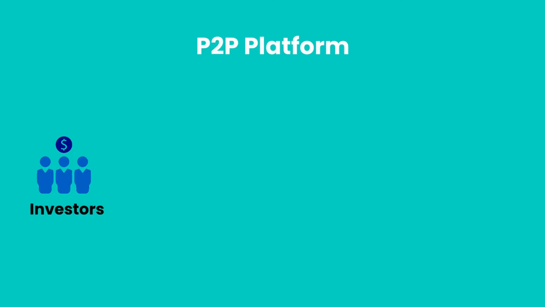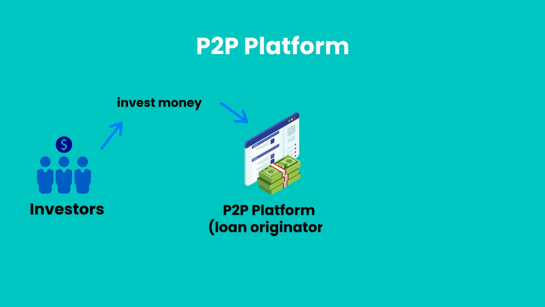There are different business models which have an impact on the security and returns of your investments. Let's go over them so you understand the differences and decide for yourself which is the best fit for you. So first, let's talk about P2P platforms. We have already briefly mentioned how a P2P platform works. So first, a group of investors invest on a platform which is also the loan originator. The loan originator is a term you will likely come across at some point. It's a synonym for the lending company.